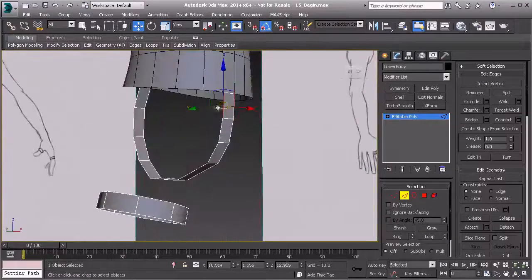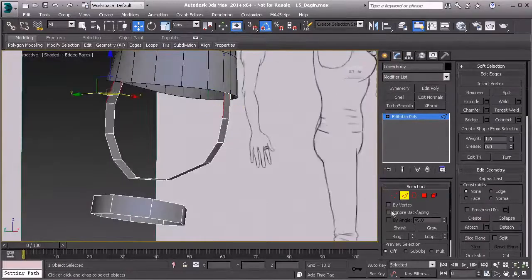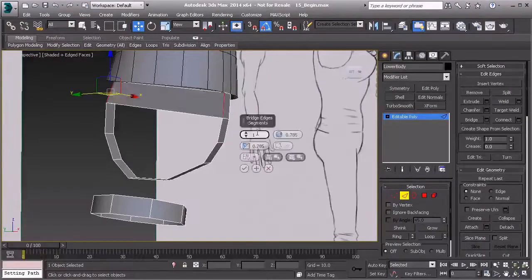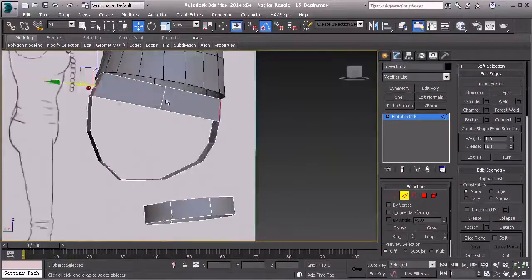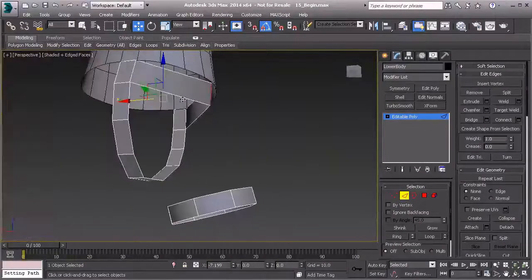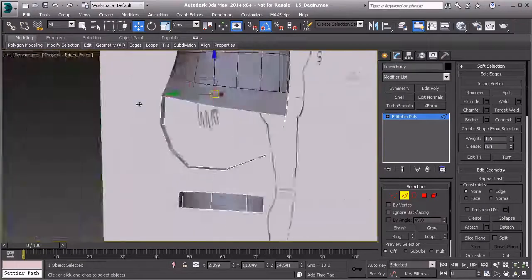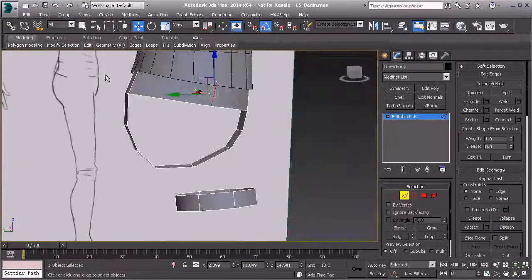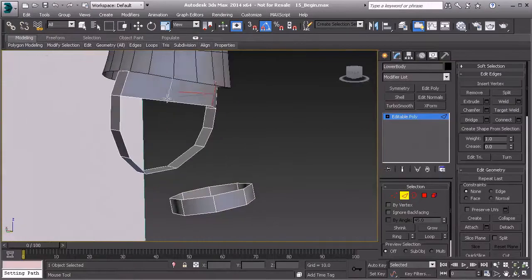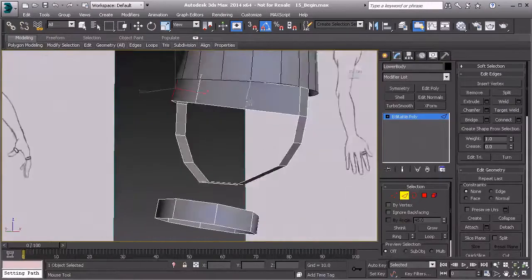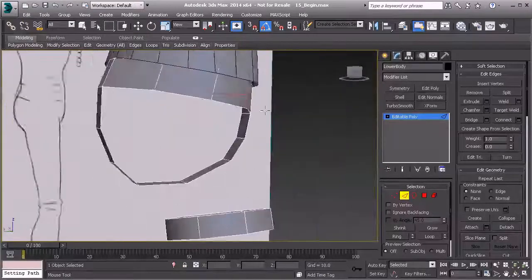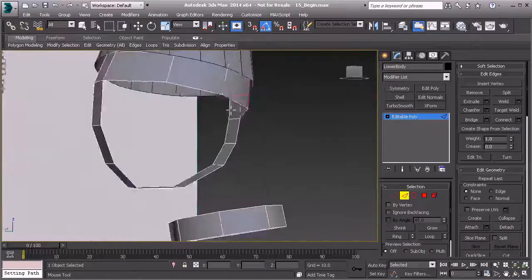Now let's go to Edge mode. Let's select these two edges, and we're going to use Bridge, and we're going to use the settings. Now I just want to create one segment for right now, and then I'm going to take that segment and pull it all the way out to the edge of my body here. Now let's use the Swift Loop tool again, and let's hold down Shift, drag that out, and then I'm going to create